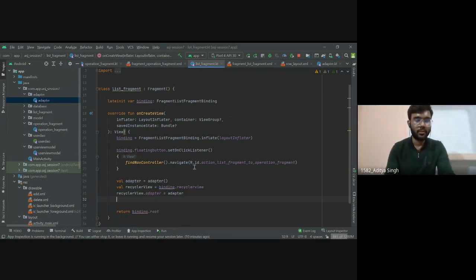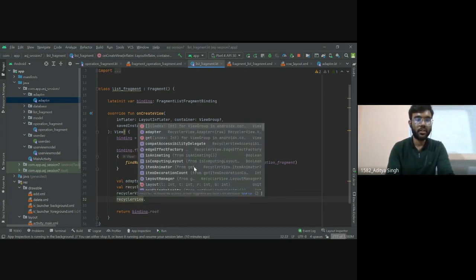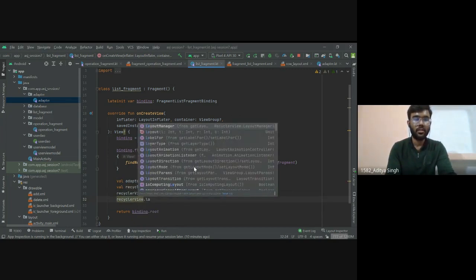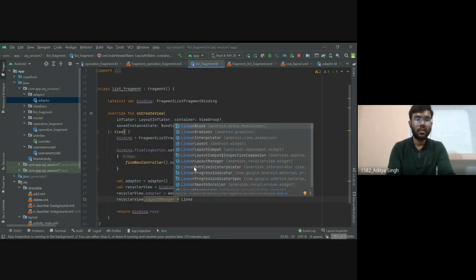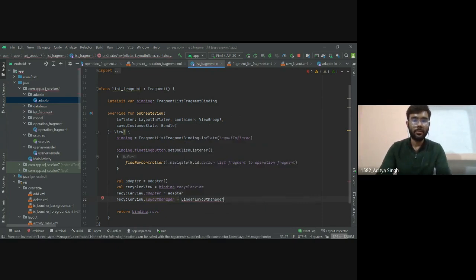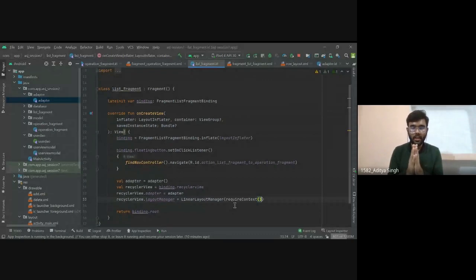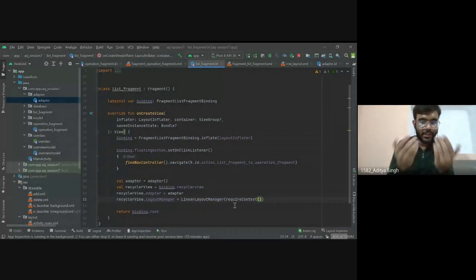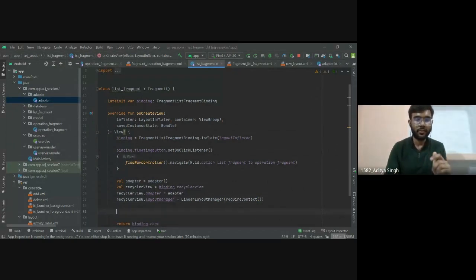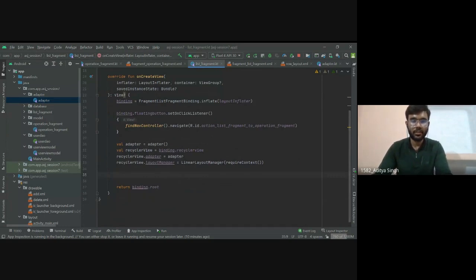So let's do that. recyclerView.layoutManager equals LinearLayoutManager, and inside this LinearLayoutManager we will pass the required context. Okay, so this part is done. And now I told you that we use observers for observing our LiveData, or to get whatever changes are done in our LiveData. So now we will attach the observer. Okay, so let me show you how it's done.